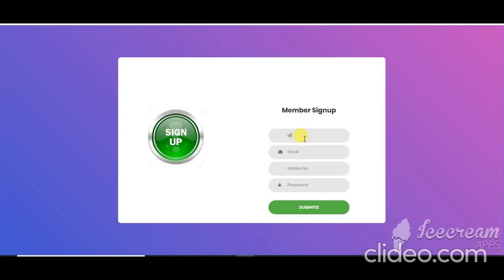Now, we have to fill in the sign up information, with name, email ID.